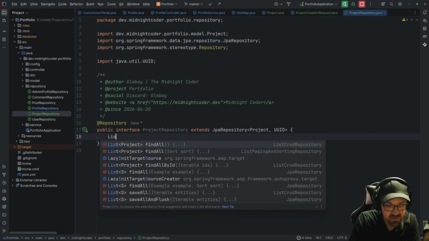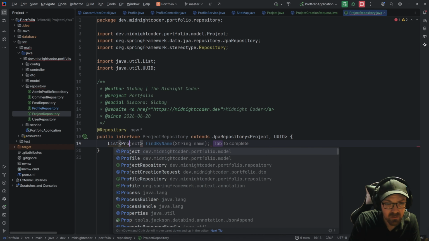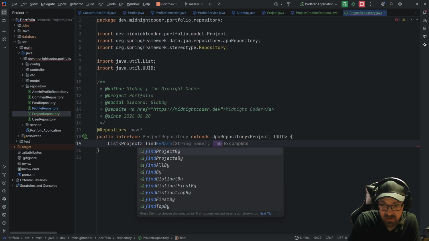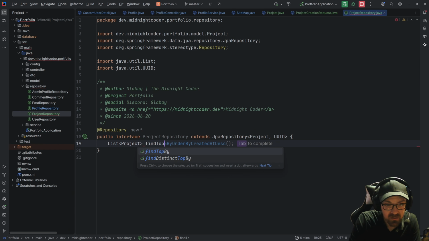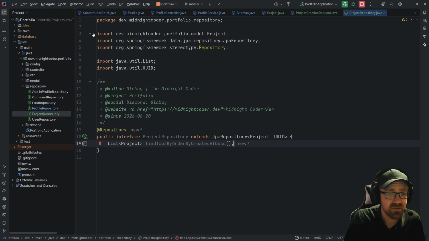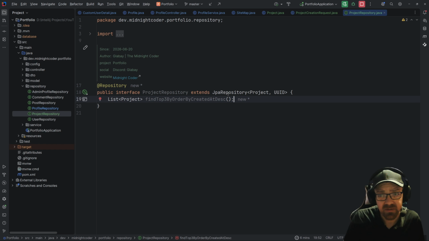And I do want to be able to return a list of projects, which is going to be find top 3 by order by create date. Yes, okay. So we're going to have the top 3 most recent. If you want to change that up and allow yourself to pick and choose, by all means, that can be something that you can do as a little challenge to yourself. But for now, for this project, we are just going to have this pulling in